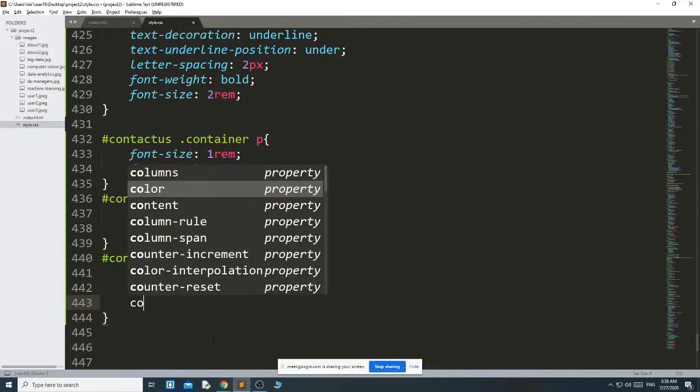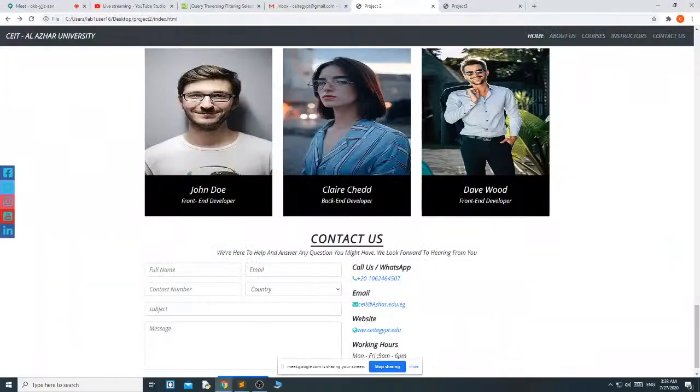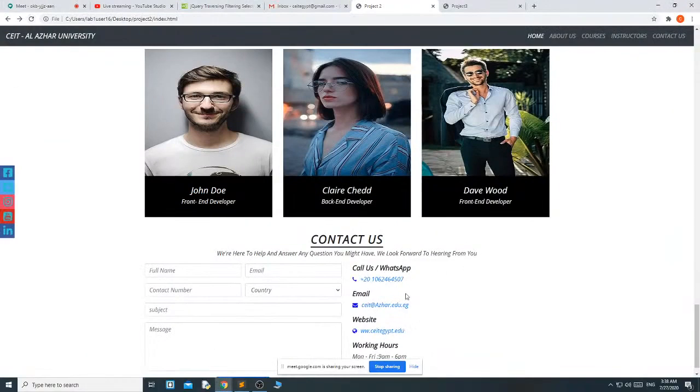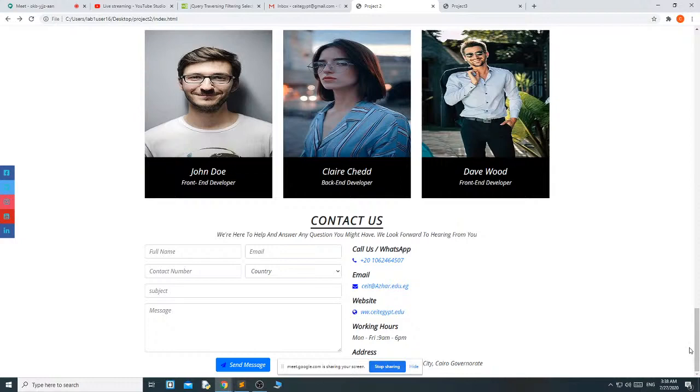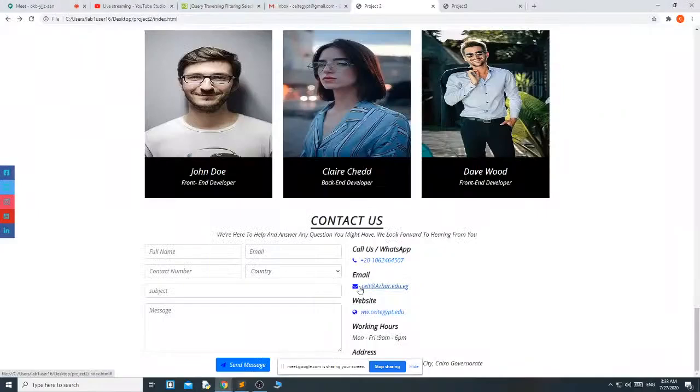Then color blue. Okay, because I need to change the color, as it is in the default color. Now you can see that it changed to blue and it gives the padding. If you want to change this color also, you can change it. Okay, this is all about the contact us.